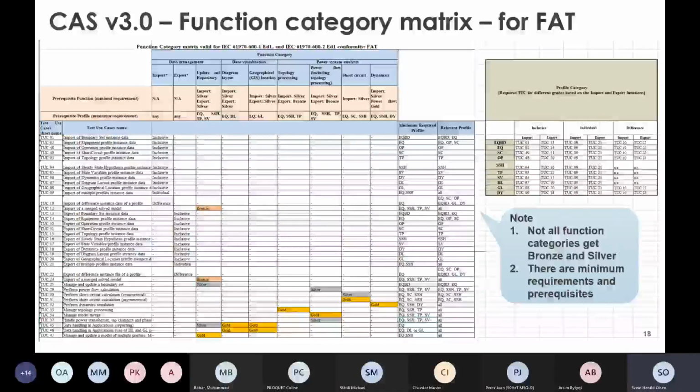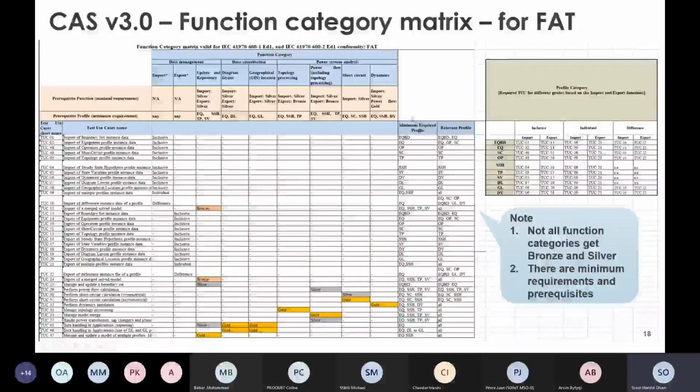We have updated this, but in general it's very much in line. We have the sign here for the import export. That's why we have indicated inclusive, individual, and difference, where these things are tested. And the same for import export, and we have some regarding the repository, so in regards to how to deal with the merge and solve cases.